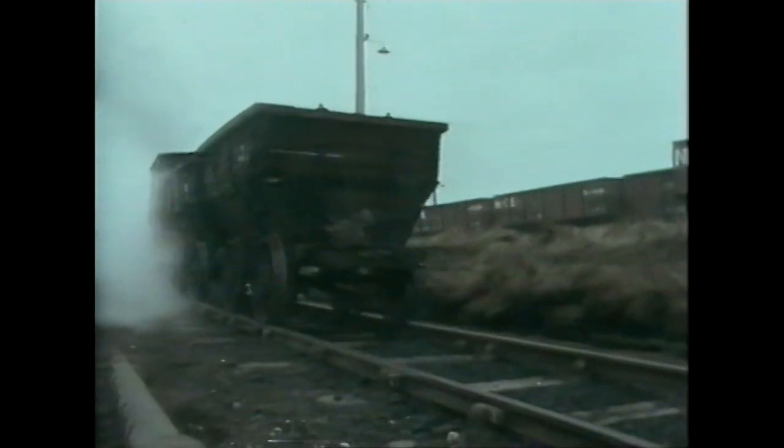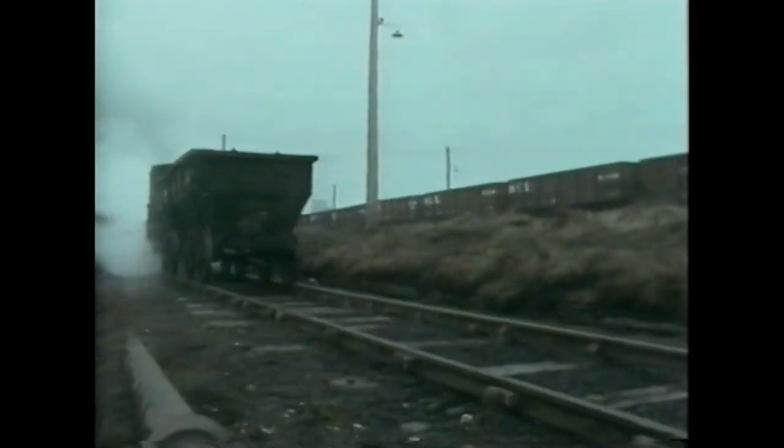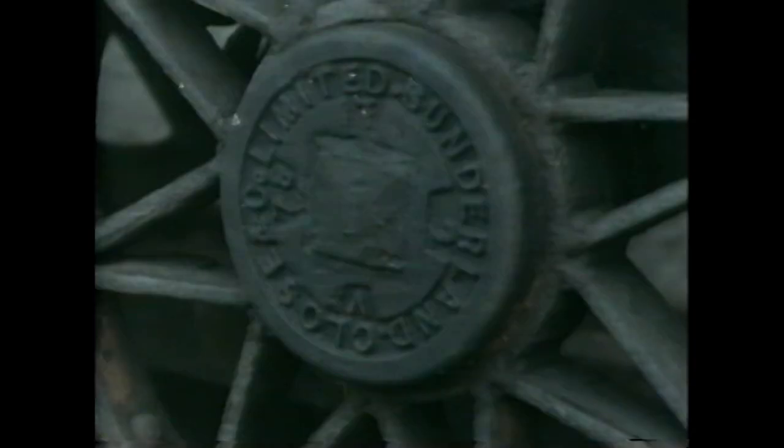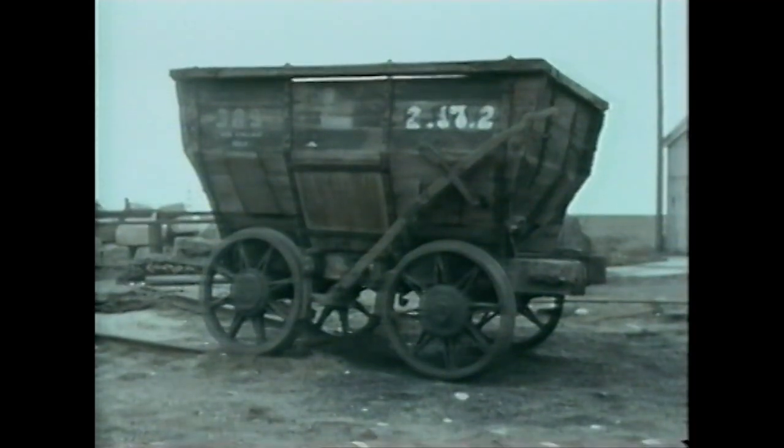One object, one artifact from bygone times symbolizes that whole virile era, the Cauldron Wagon for hauling coal, direct descendant of the farm wagon. This is the shape of the industrial Northeast, not to be found anywhere else. The Coal Board and Seaham Harbour Dock Board have given Atkinson about 30 of them. The rest are gone. Atkinson has used it as the symbol of his whole museum project on a stream of